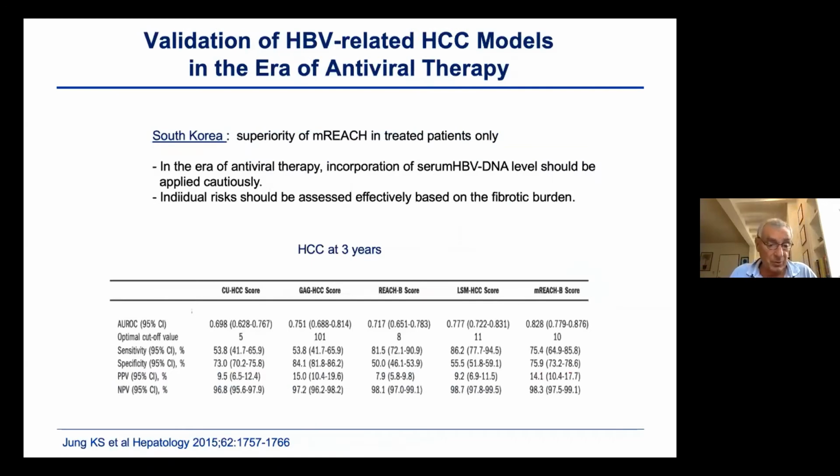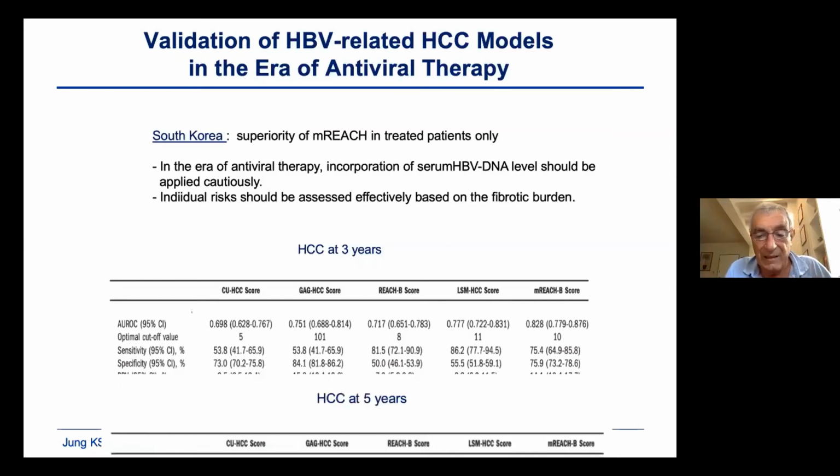You see here, this is an important study done in South Korea, where the modified RICH-B appeared to be superior to the rest of the Chinese University score, the GAG score, the stiffness HCC score, and the RICH-B score in a population of treated patients. So in the era of antiviral therapy, this combined analysis was rather convincing for abandoning serum DNA level assessment, whereas the incorporation of a test able to pick up the fibrotic burden of the liver proved to be of strategic importance. And this works at 3 years and 5 years